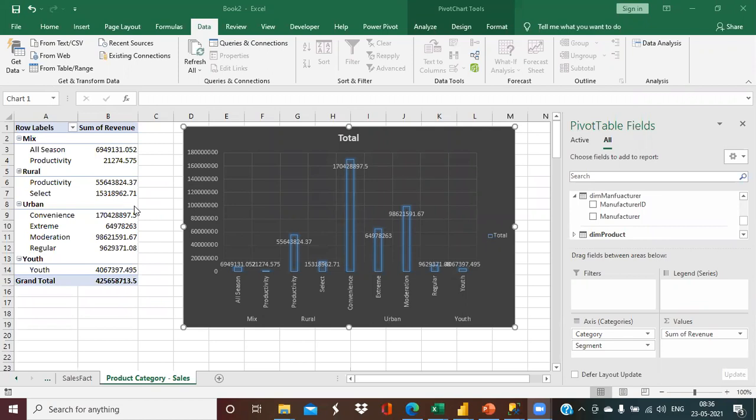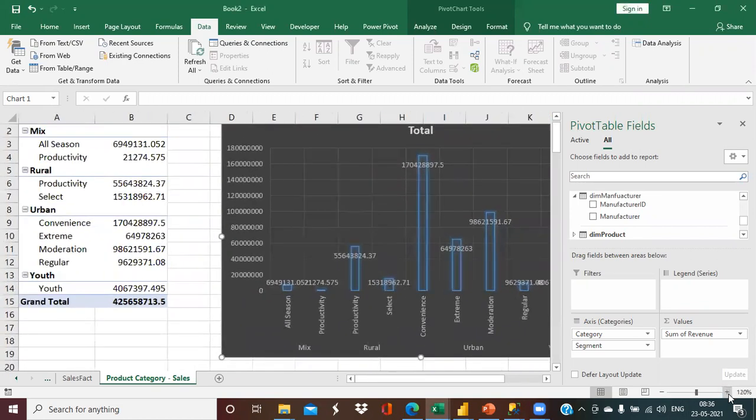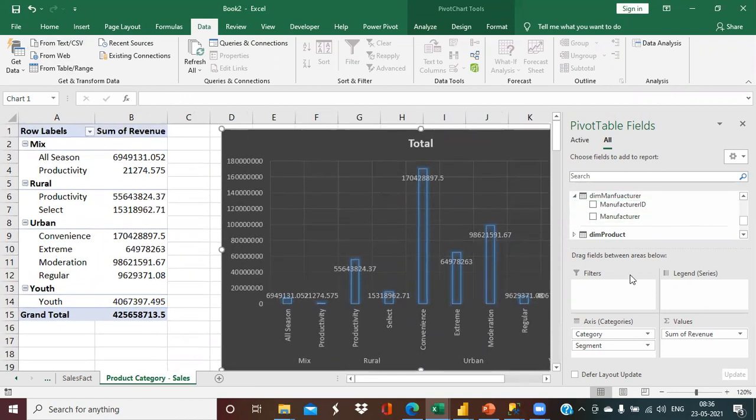So I hope all of you must have practiced what we discussed last time for this modeling part. If you remember, just as a small revision, I have shown you how the data modeling works, and we have created the relationship between the product table and the sales fact table. And we were getting the exact correct results that we wanted.